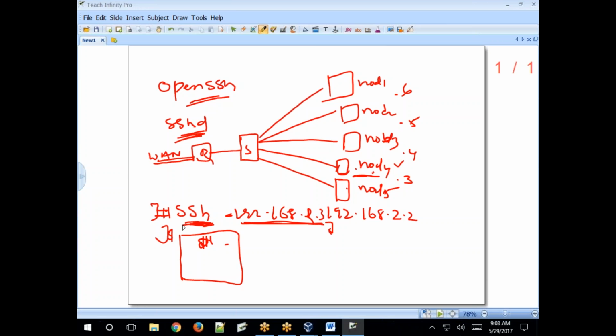Accessing that system from my laptop, I install a tool called Putty. If I know the IP address of that system, I simply enter it as the host, and it will prompt for a username and password. Enter them, and you will get access. So how to copy files from the local system to remote, and from remote to local?